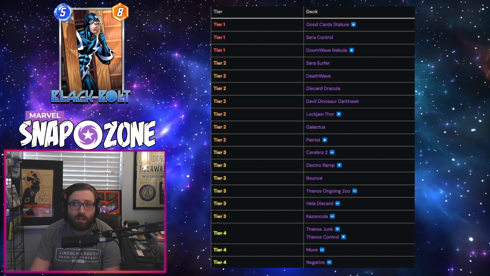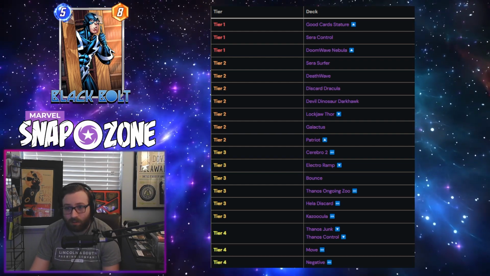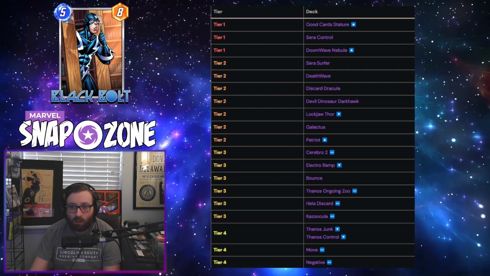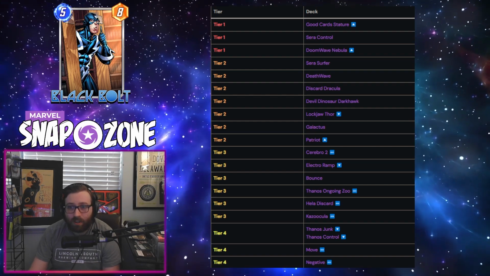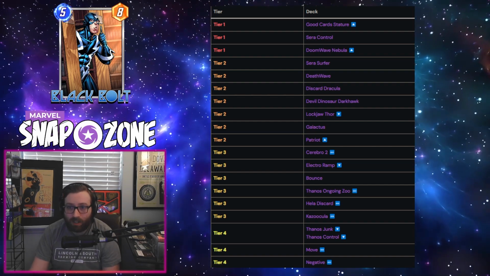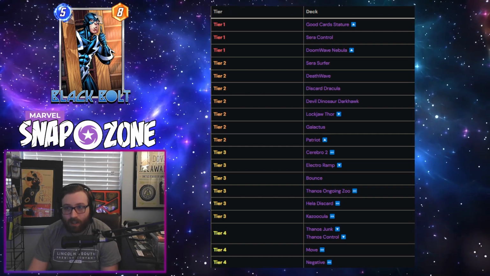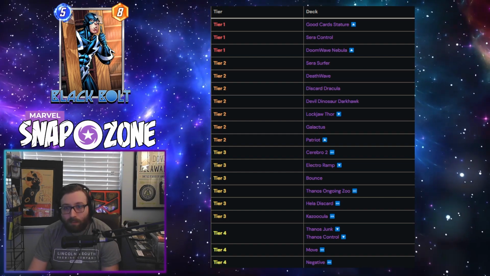Bounce is interesting because Bounce is an archetype that was arguably pretty high tier that has also fallen by the wayside. I don't think Bounce particularly got a whole lot worse. I think it's an archetype people have less interest in because, well, we're still waiting on Kitty Pryde to rejoin the game. But other than that, I think the show is kind of stolen by the Moon Girl Monkey deck